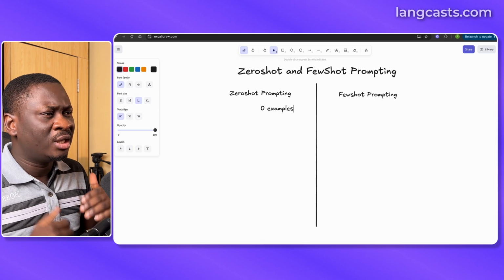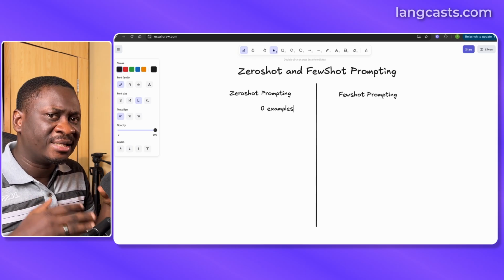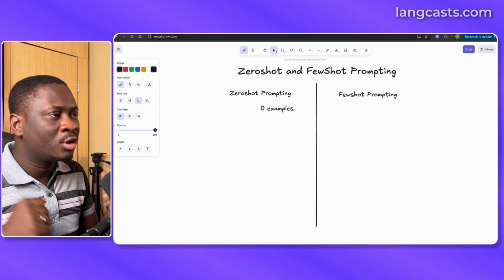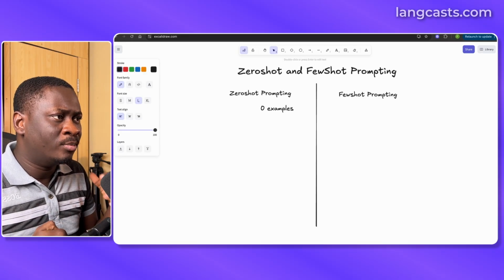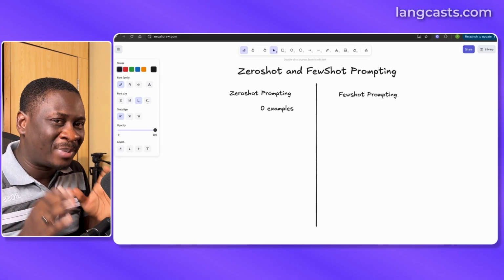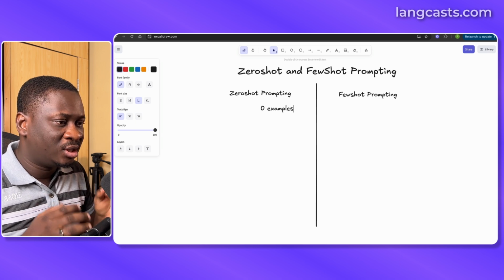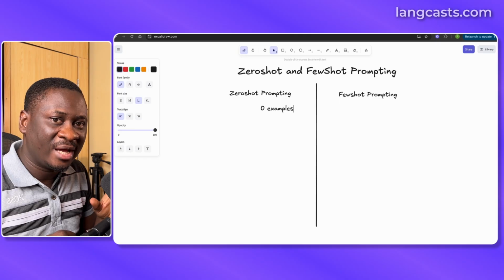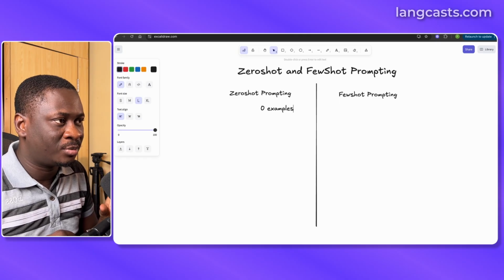But in very specialized cases and in a lot of serious real-world cases, you would often want the model to present its output in a particular style, in a particular tone, in a particular language, in a particular format. And that is where few-shot prompting comes into play.